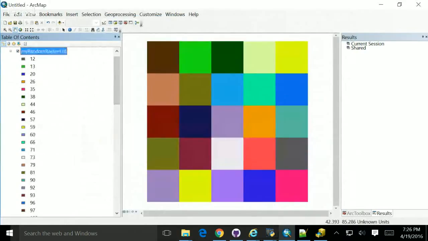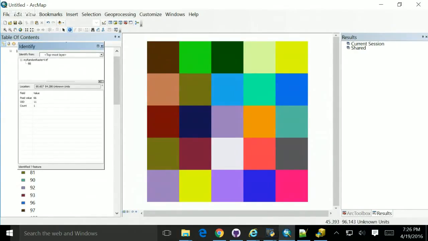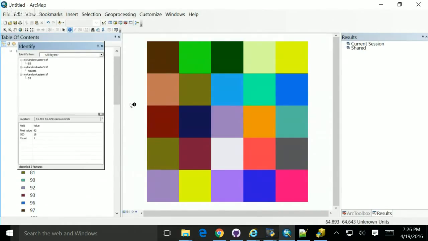So this is 4. If I turn 4 off, it's the same, because with 4, 5, and 6 you just do small things like replacing values. Okay, so I'm going to say all layers. We can't see it in the colors, but if I hit this button, I get 66. Then here I get 93, and then I get no data. The reason I get no data is that this was the column. It was 0, and we said the zeros were no data. So it turned it into no data. But I don't know why I'm not getting any